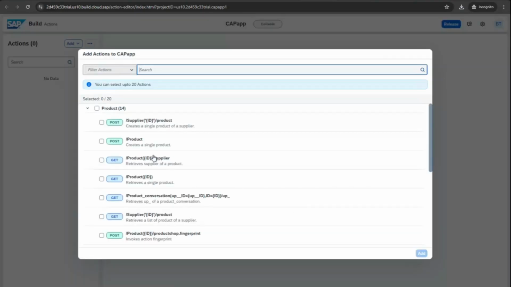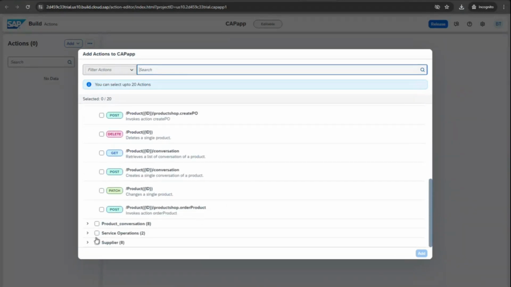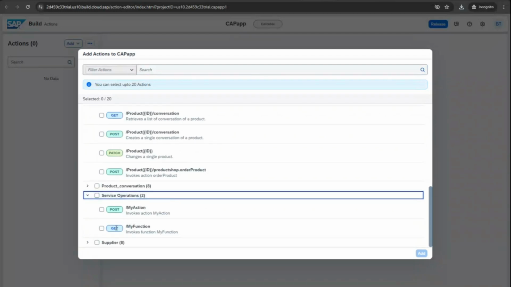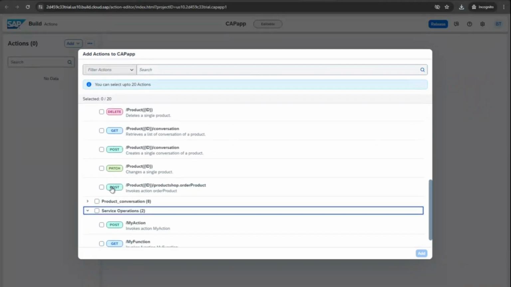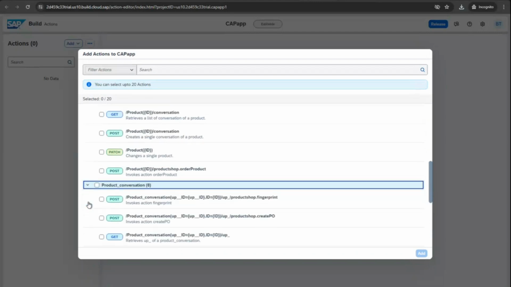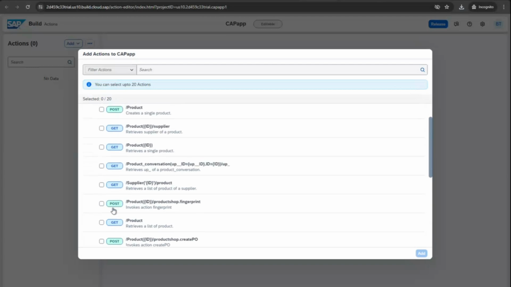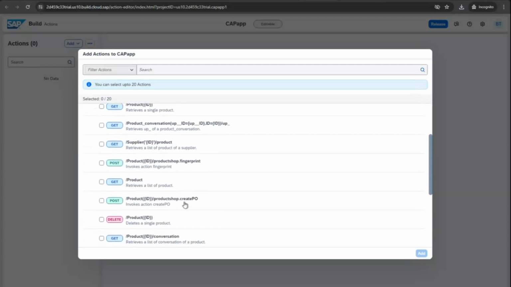and you will automatically see it will pick up all your details, like product, how to create a supplier, even your actions. Okay, so if you come to this service operation, you will see your actions, my function. Remember all this, like conversation, all the conversation which you want to do. So everything it will create for you. Okay, so we have many things, right? Like create PO. Can you see here? So basically all these things are,